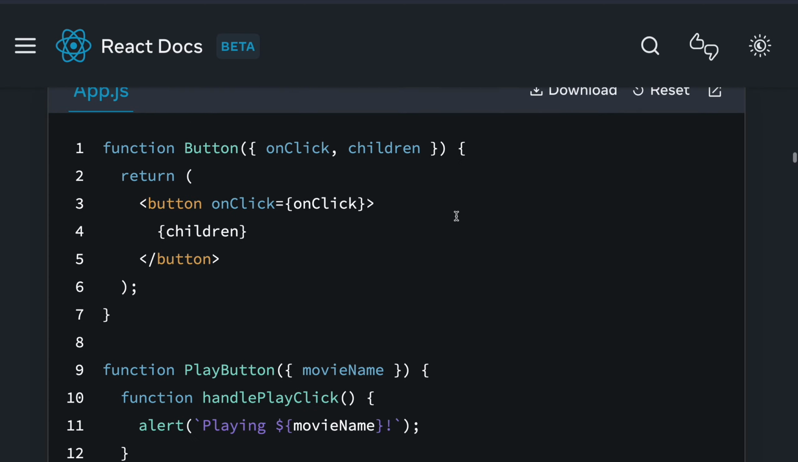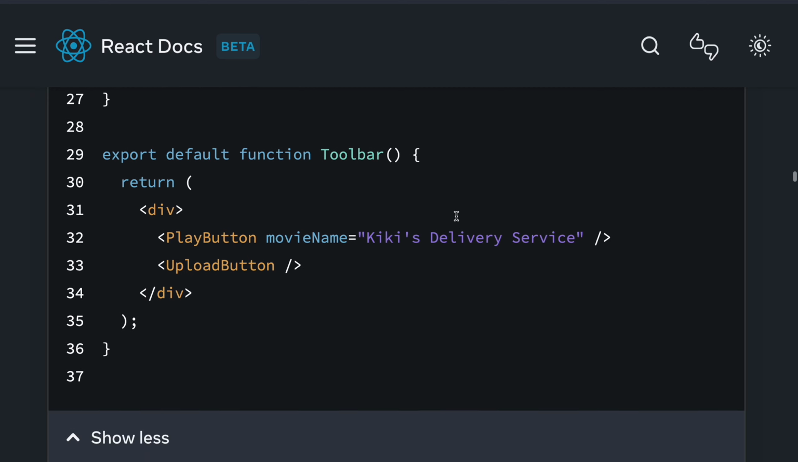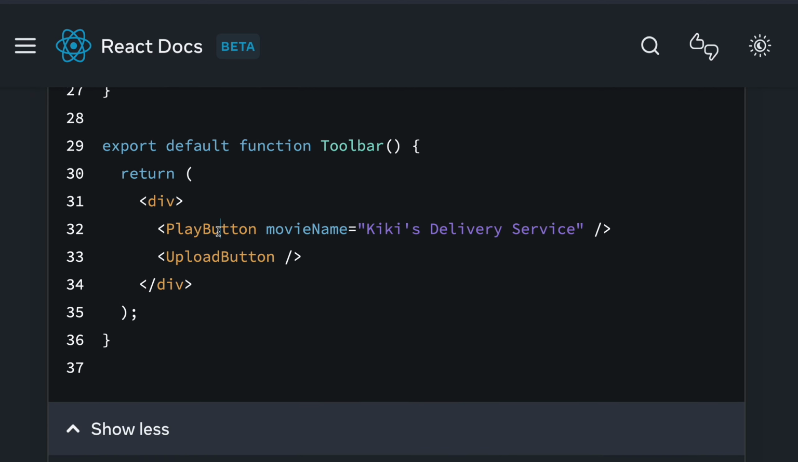First thing first, let's go to our parent component, which is a toolbar. So toolbar is calling play button, and it's sending a props movie name, and the movie name is Kiki delivery